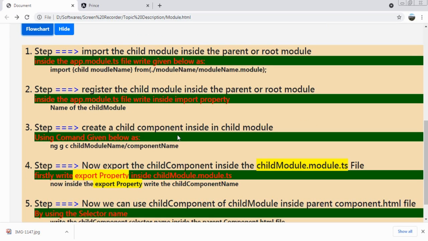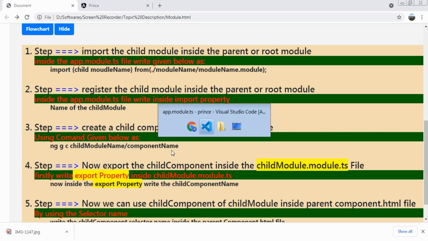Now we have to create a child component inside a child module. For that we will use the command ng generate component, after that our child module name, and after that we will provide our child component name.